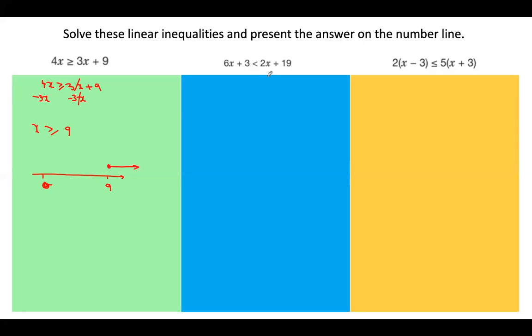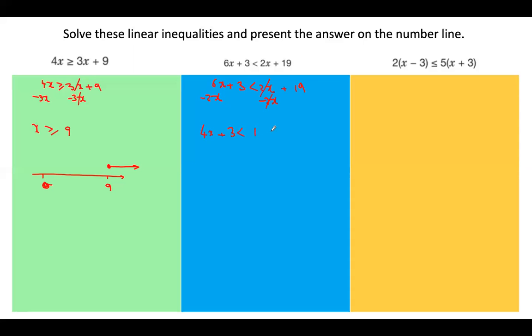Let's have a look at inequality number 2. We have numbers and x's on both sides. Let's begin with getting rid of the smallest number of x's. So let's write the inequality again. 6x plus 3 smaller than 2x plus 19. Okay. Take away 2x from both sides to eliminate the 2x. There you go. Make sure when you take away 2x, you place the x's right below the x's on the other side. So 6x minus 2x is 4x. And then what's left? Plus 3